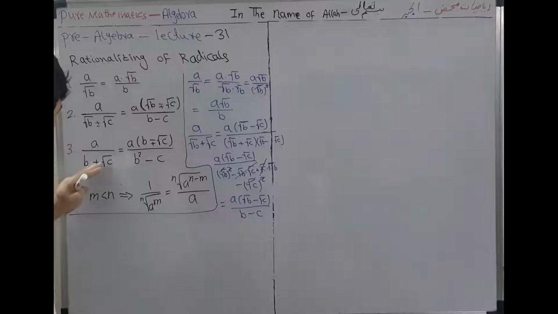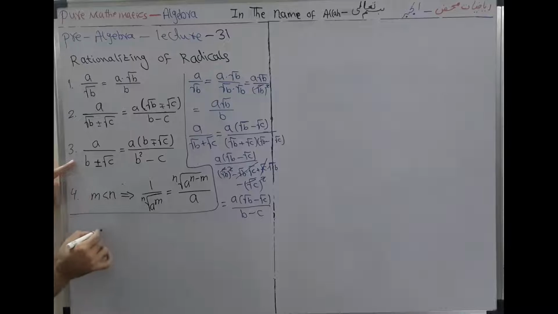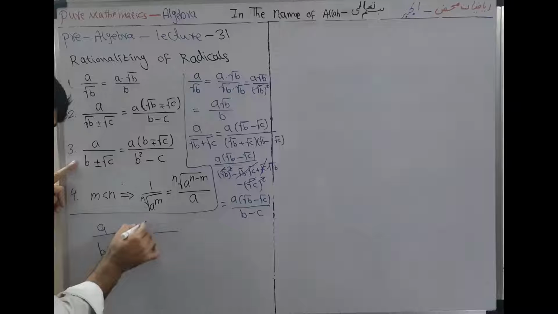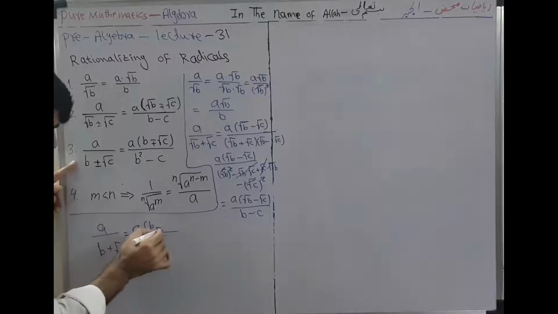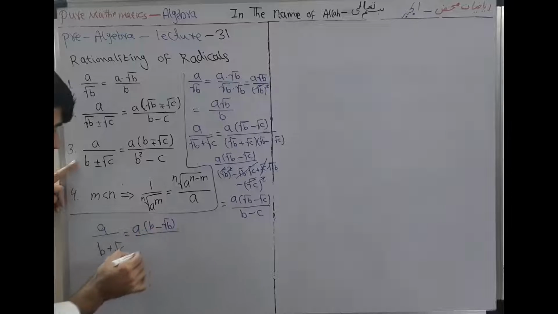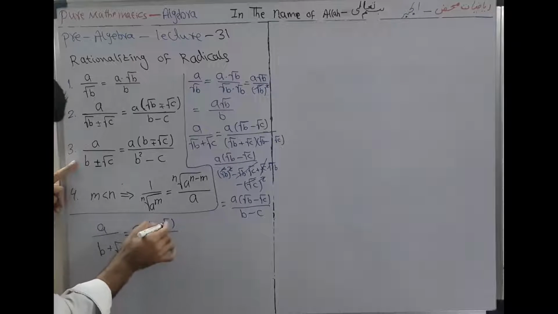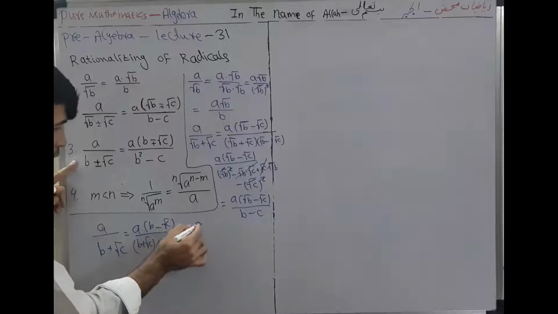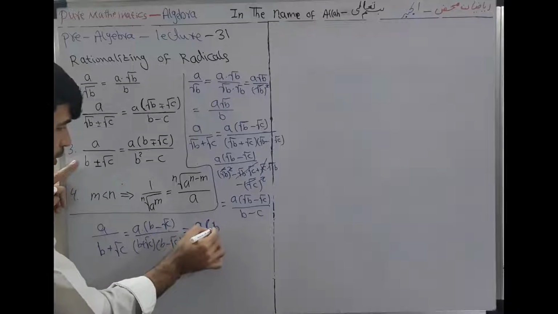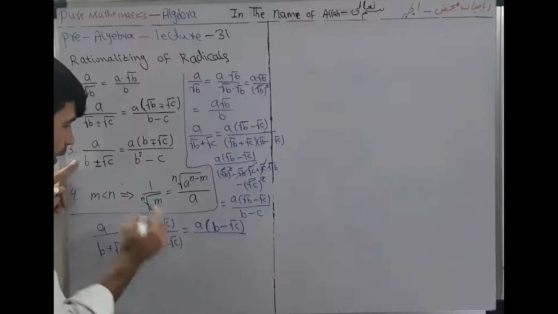Also here in the third one, a over b plus minus square root of c. Now we multiply both numerator and denominator by b. If here is plus, we multiply by b minus square root of c, over b plus square root of c multiplied by b minus square root of c. It is equal to a into b minus square root of c over